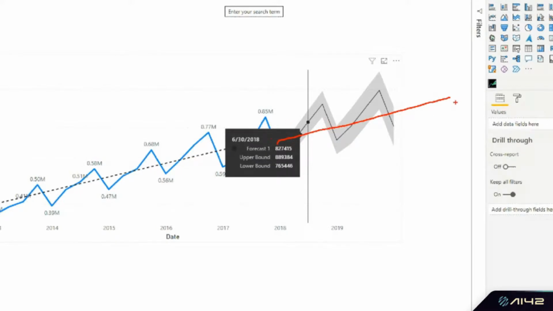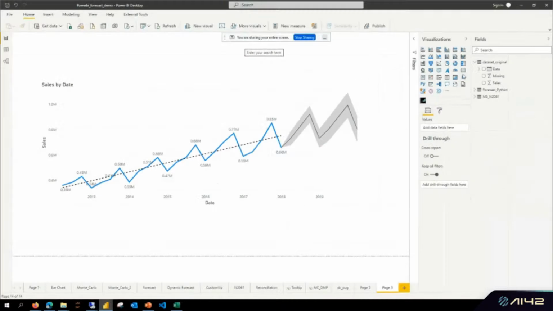Seasonality detection, we won't go into the details of this. You can go to my blog at Power BI, and then I've written about it. But the basic